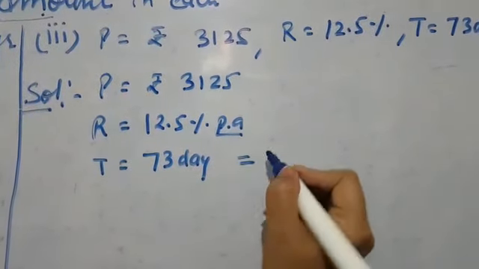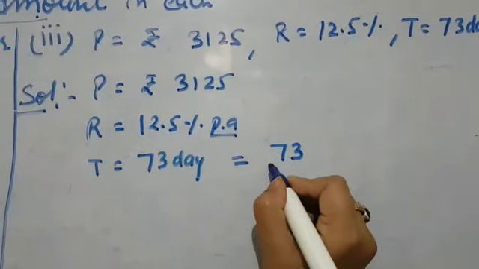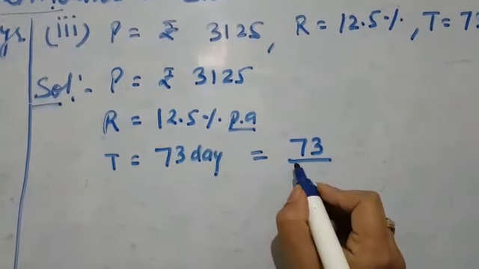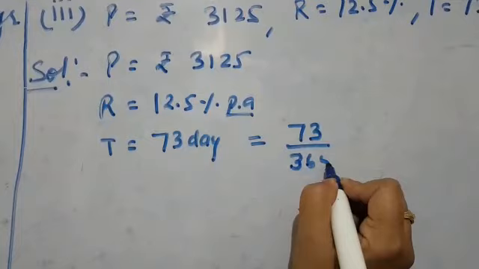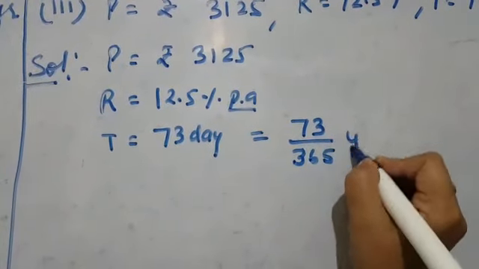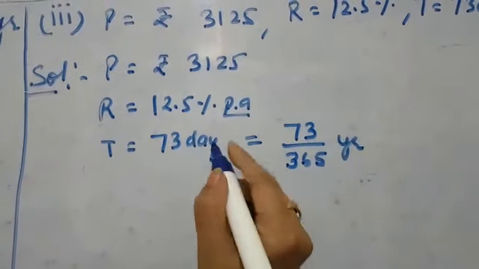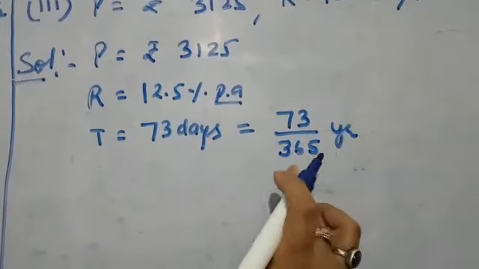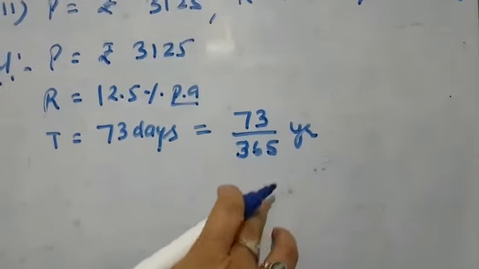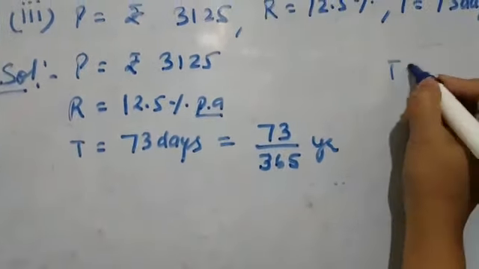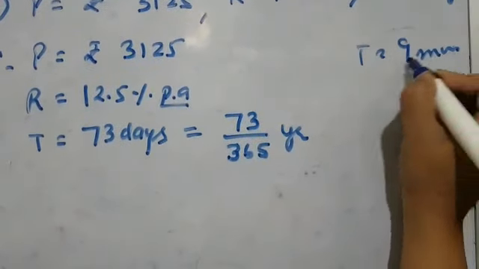days. So students, what you will do, you will convert those 73 days into years, and you know how many days are there in a year? 365 days. So we have converted these days into years by dividing by 365. Like this you will be finding 9 months, 9 months, okay, in your fourth part.